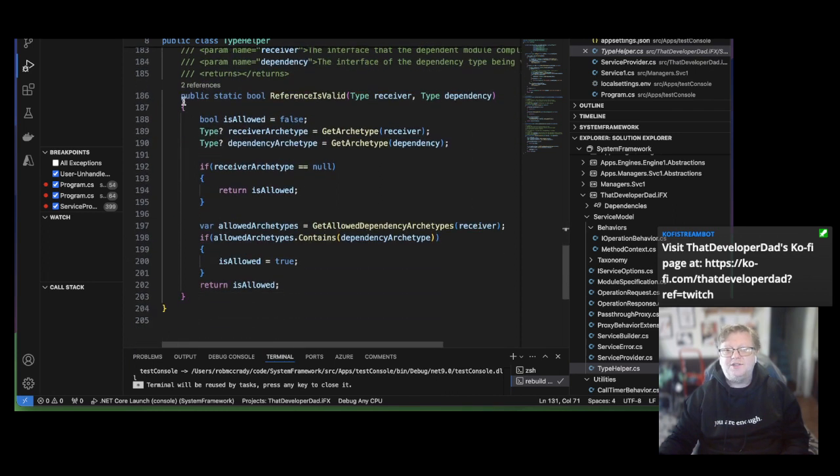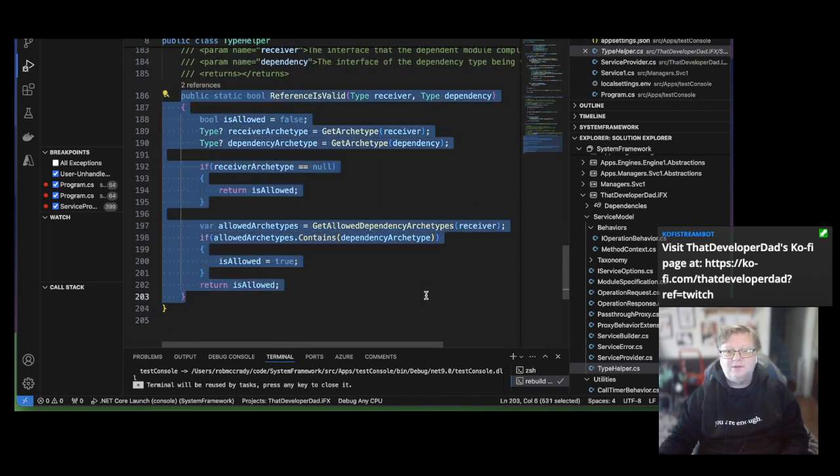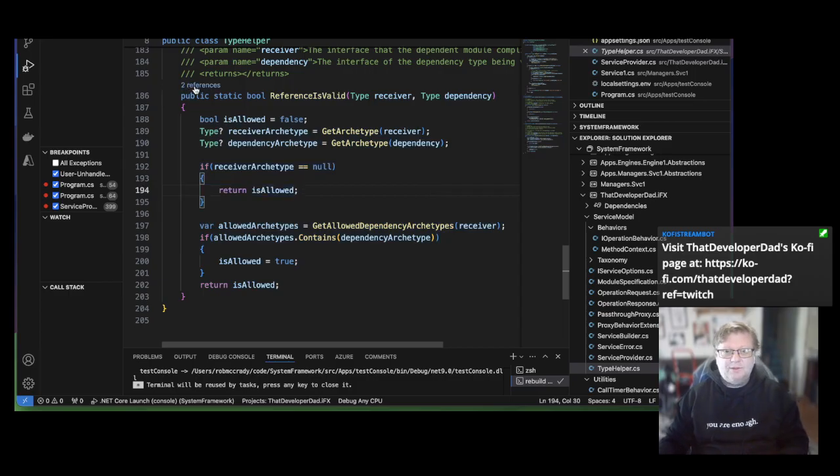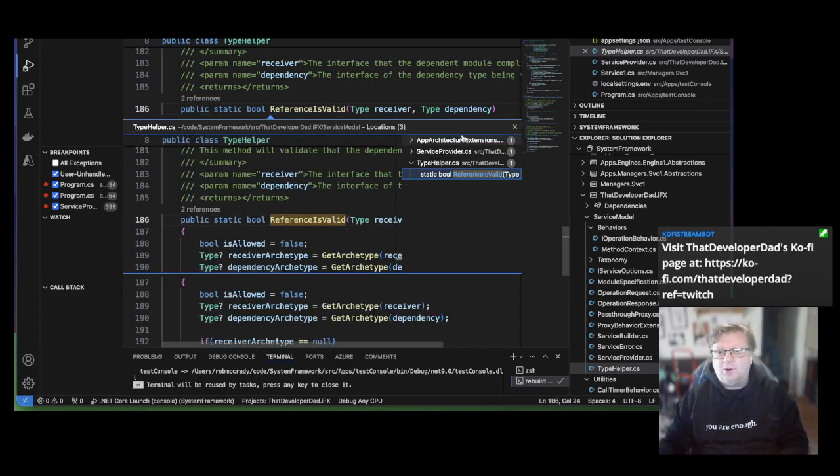And here's where we inspect whether the dependency that we want to add is valid for the type of component we are adding it to. And this allows us to enforce the rules